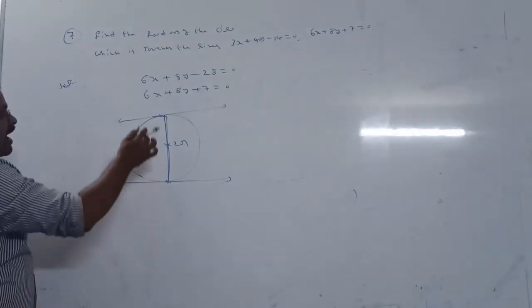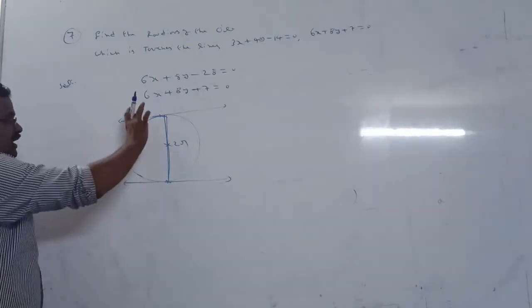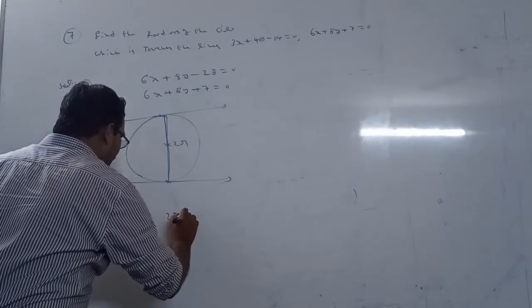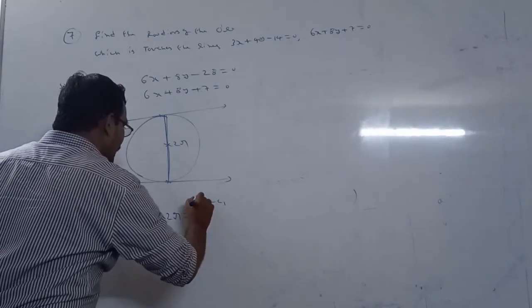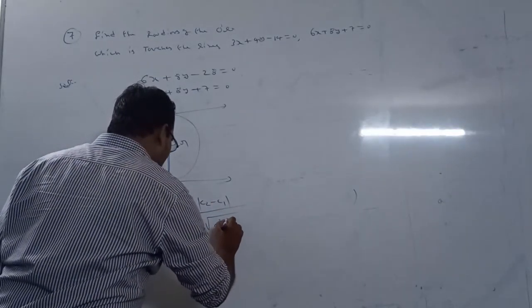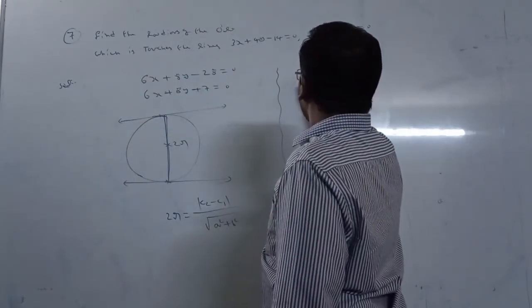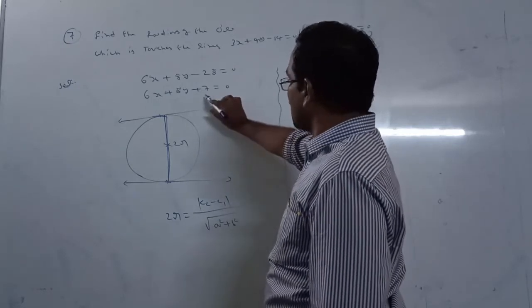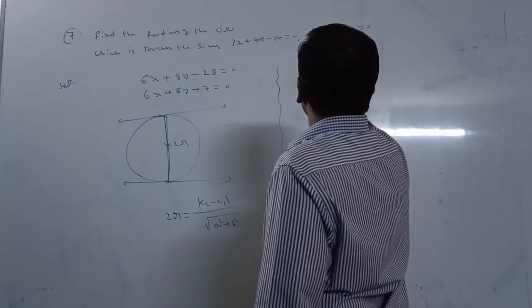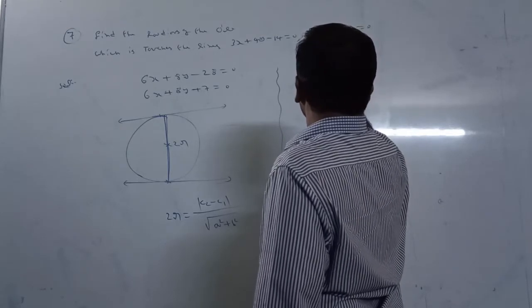So in this question I find the distance between the parallel lines. It will give the diameter of the circle. So the diameter d equals the distance between the parallel lines: modulus of c2 minus c1 divided by the square root of a squared plus b squared. 2r = |c2 - c1|, 7 minus of minus 28, that is 7 plus 28, divided by the square root of 36 plus 64.